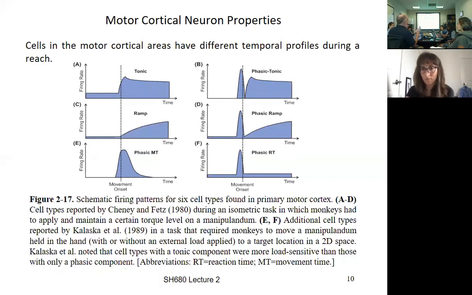And so I think, over the next 20 years in the speech literature, especially as more cases of single neuron recordings occur during surgery and so forth, we'll start getting a better feel for what those variables look like in speech. But it's probably a good guess that you'll see cell types that are similar to this. It's just that they'll be operating in an acoustic sort of space related to the articulators rather than a 2D or 3D space relative to